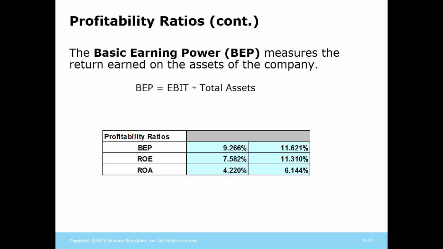So we'll move on. Basic earning power isn't provided in your textbook, but I think it's a very important number to understand this impact. How much profit is generated based on total assets? And I don't want to talk about interest and taxes. So in this case, you can see that we've gone from 9.2% to 11.6%. So that's a 2.4% increase. That's essentially over a 25% increase in profitability over last year. So the company is providing a lot more profit based on the